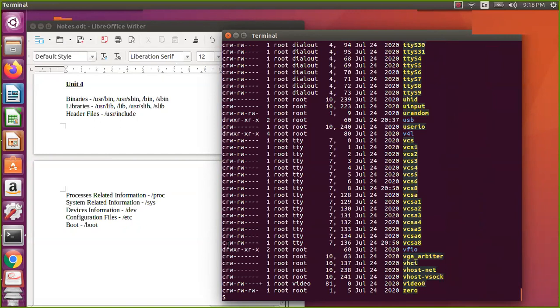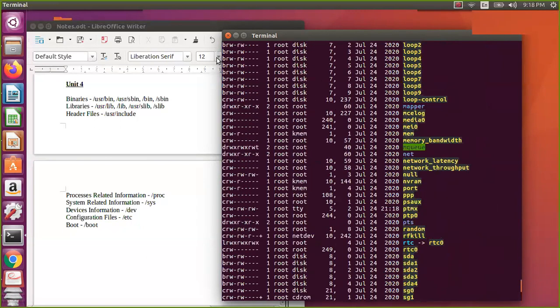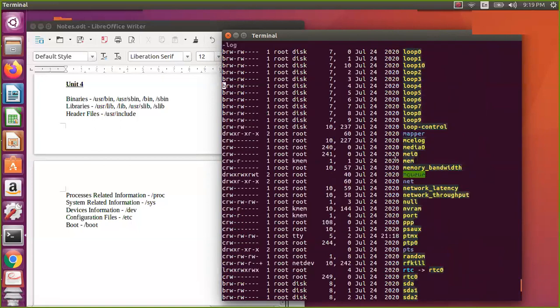You know that if it is a d, it is a directory. If it starts with c, it is a character special file, and if it starts with b, it is a block special file. Whenever you take devices, there are two types: block devices and character devices. Of course network devices also exist, but basically it is only block and character.